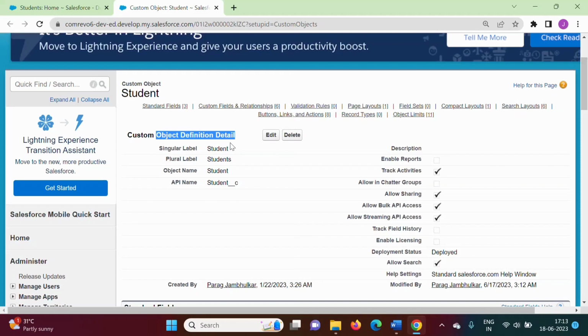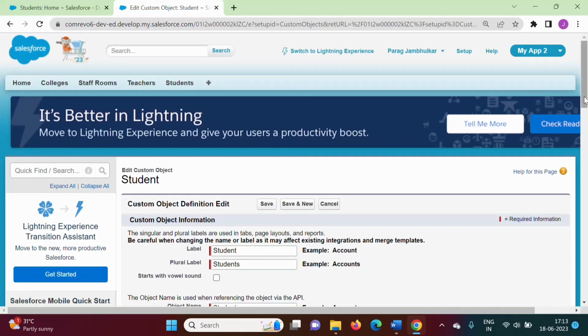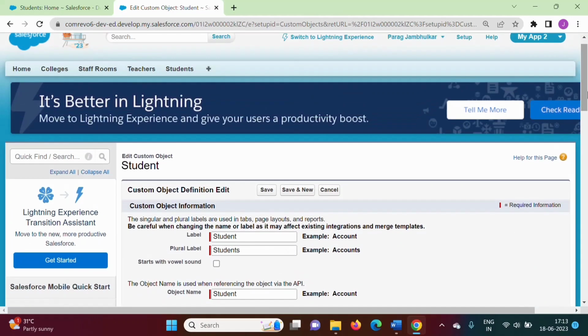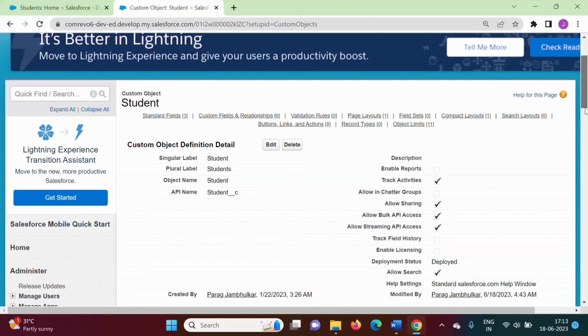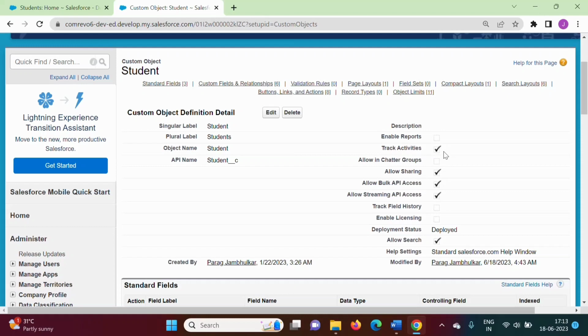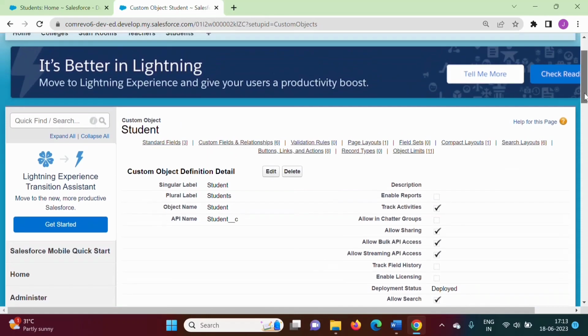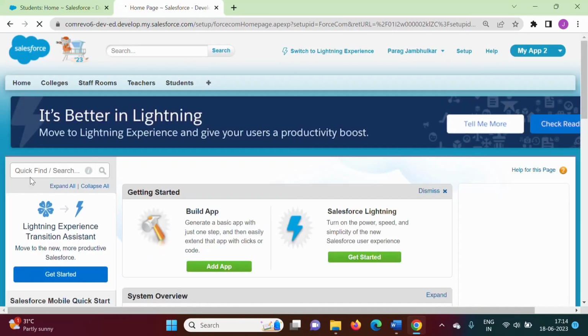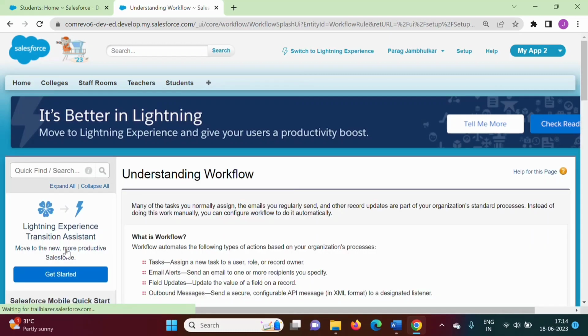So see, we have to edit, scroll down, and here allow activities, this checkbox you have to tick. Allow activities checkbox you have to tick. When you tick it and when you save it, you can find track activities checkbox will be ticked. And when this track activity checkbox is ticked, you can find task in workflow rules. So see, again we'll go to setup, workflow rules,